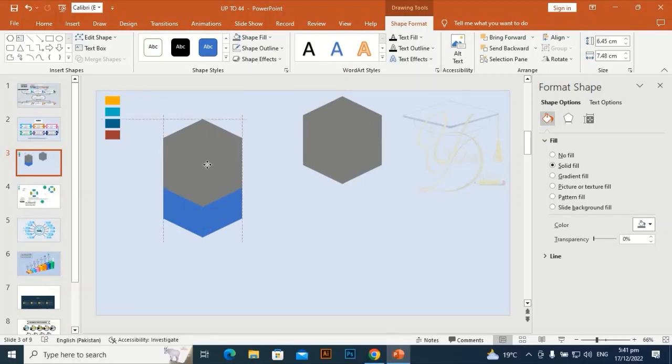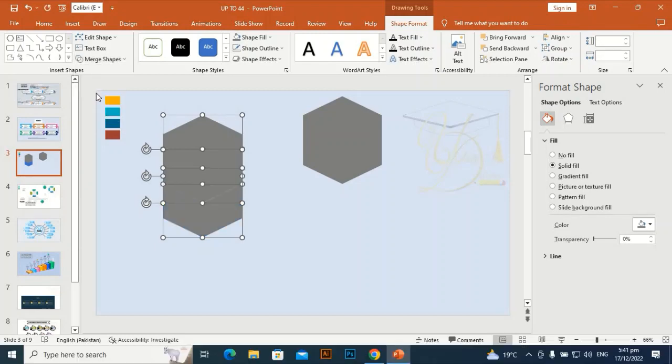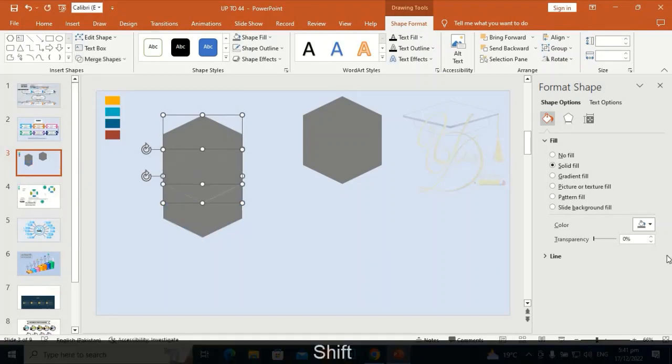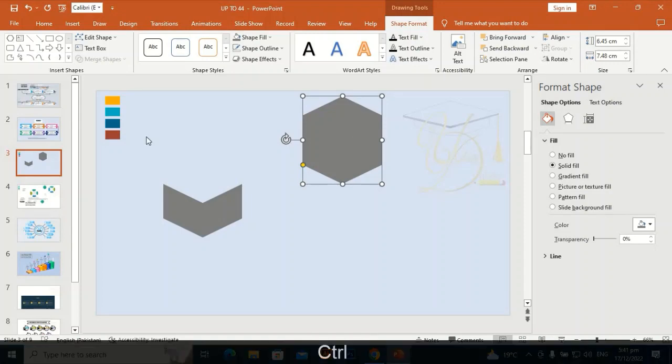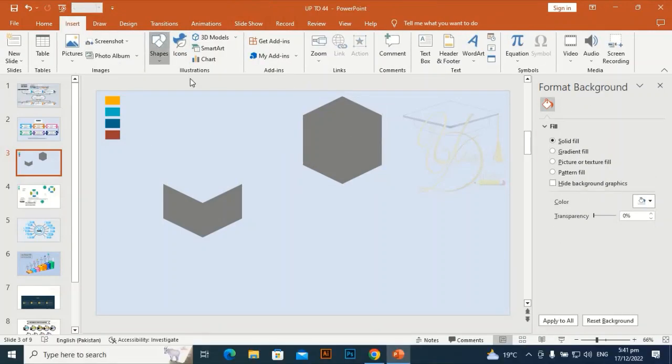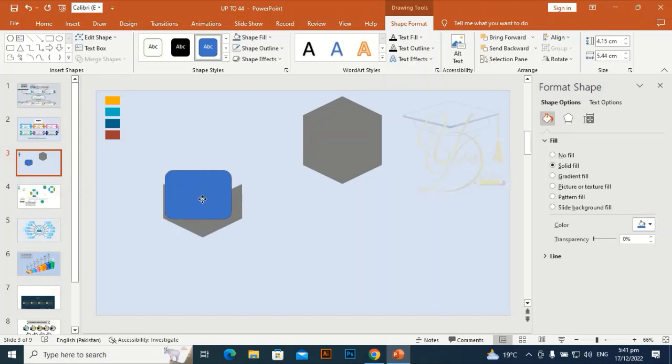Okay, for later use we will Control D to duplicate, fragment, select, shift and delete. Okay, take a rounded rectangle and drag it here. I think we should increase it a little bit